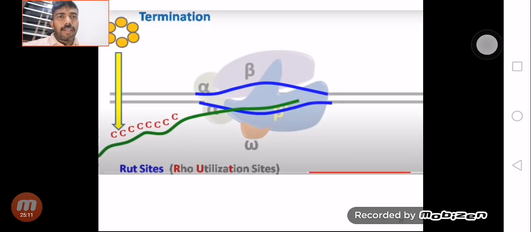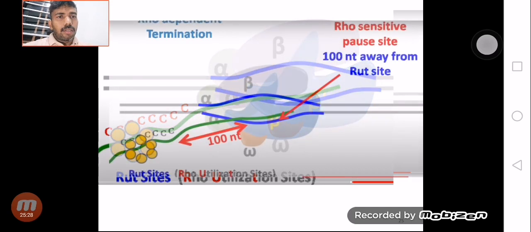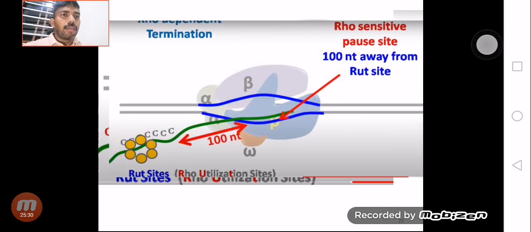So the thing is, the hexameric rho protein will interact with the rut site, the rho utilization site, which is actually rich in cytosine residues, and this site usually resides at around 100 nucleotides away from another sequence called the rho sensitive site. It's nothing but a sequence like, in the rho independent process there will be some AT rich region,